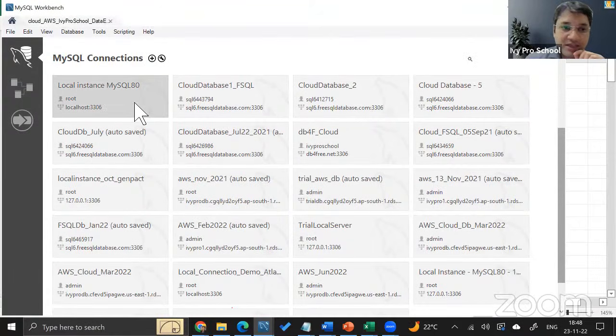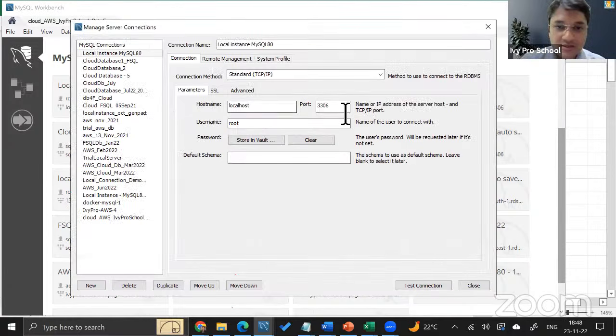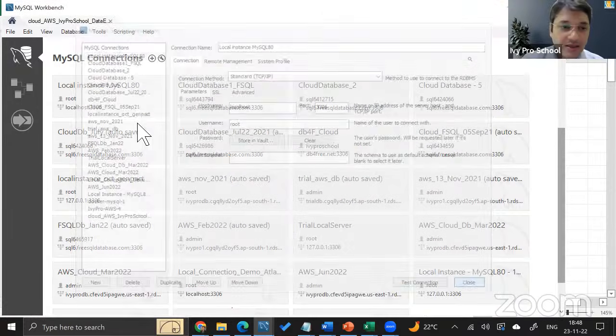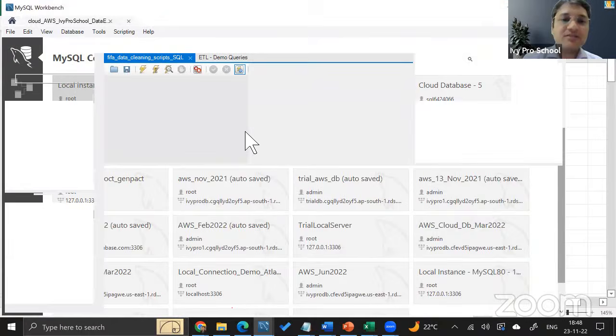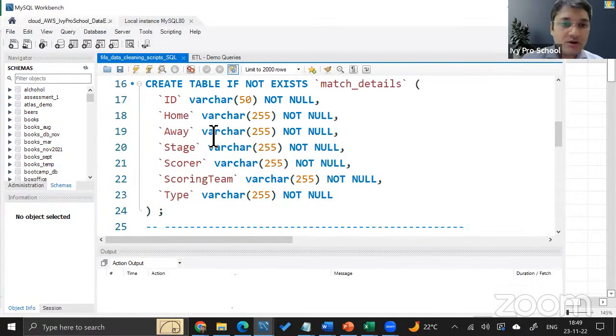I've already created a connection here with my local database, which you can also see, localhost. This is the port number, name I could give anything, but my username was this. And at the time of installation, you would have given a password, which is also given over here. So you can test the connection, it is fine. And then I'm going to click on OK, and create the connection with my local database server, because a lot of people are actually doing it over there. So I will just do it over here.